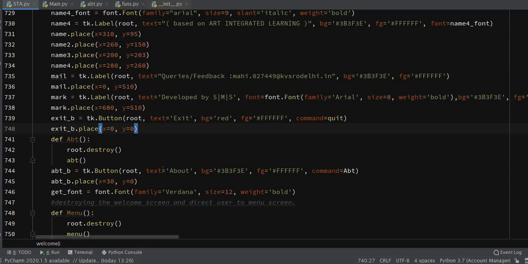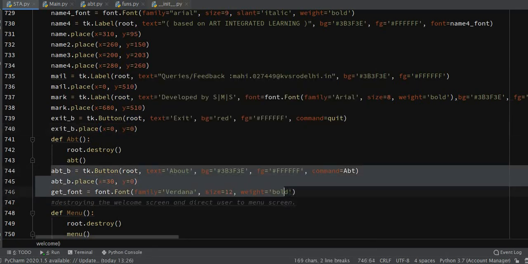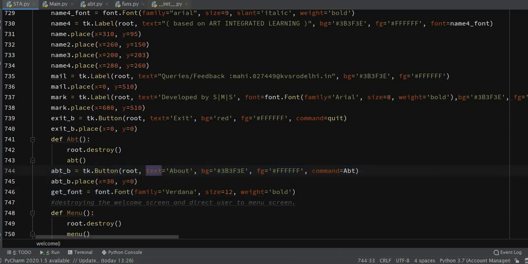Okay, so this is the basic idea of creating a button and how you're going to display it. Then about the About button, you can see this is the main code. I have done the same, just the variable name is changed here, and I have placed it. Now the text it's showing is different. Okay, the background color of my button, and then the text color of my button, and now the command is ABT. ABT is actually a user defined function, as you can see. It is destroying my current window, and it redirects me to the about window. The about window we will discuss next. But this is how I'm switching between windows.